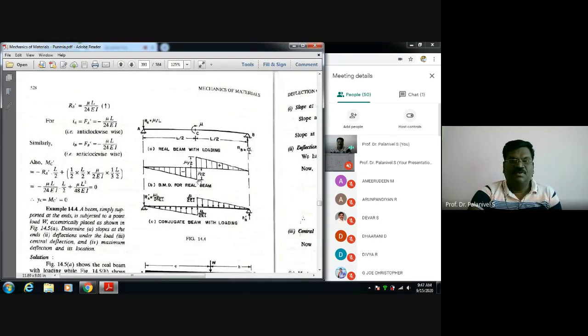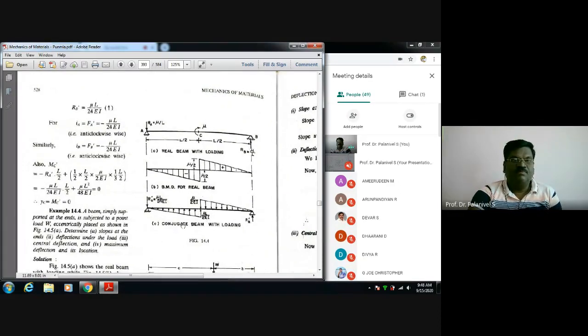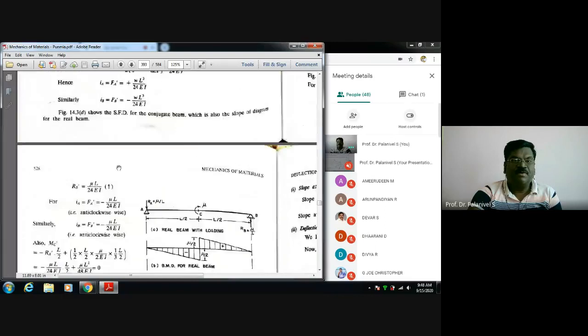Here you get the ordinate M by 2, and I want the M by EI diagram, so M by 2EI, M by 2EI. This is M only. It looks like mu, but actually it's small m. Some style he has used. You use capital M here to represent this couple.